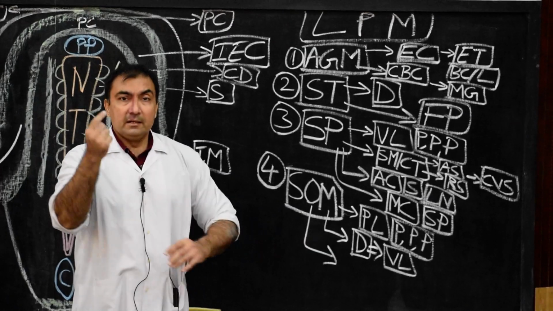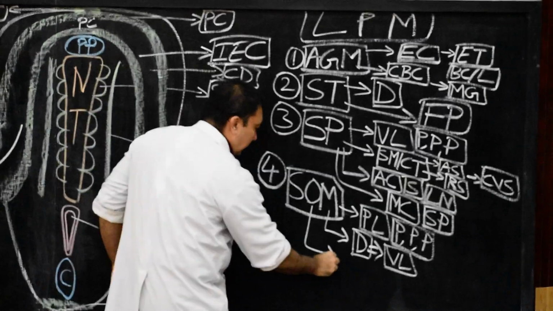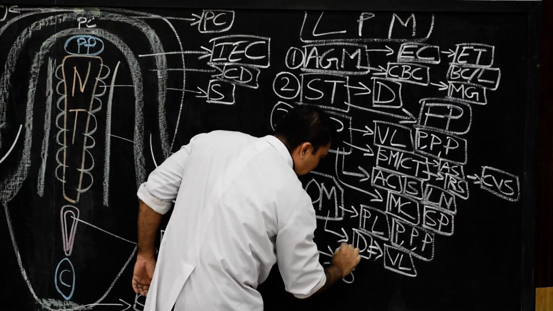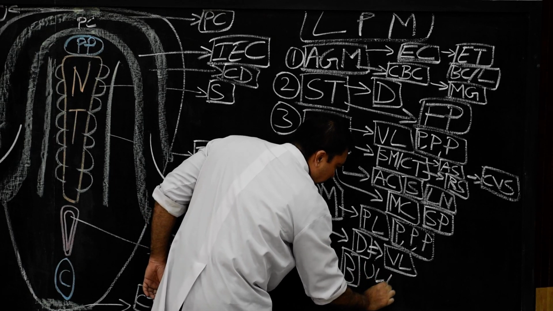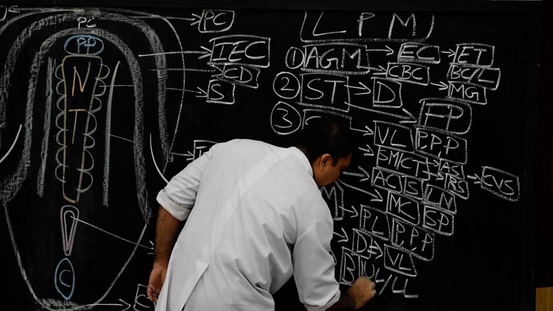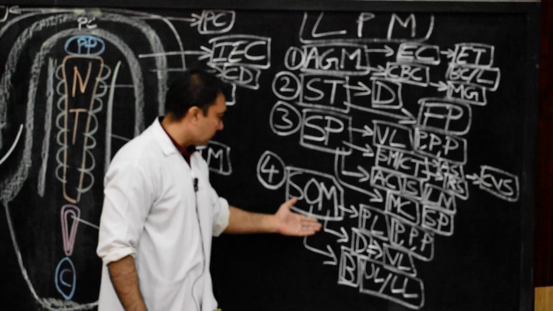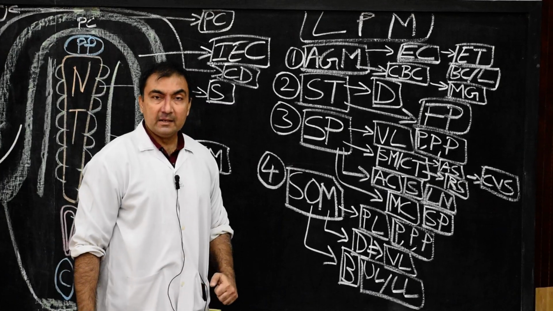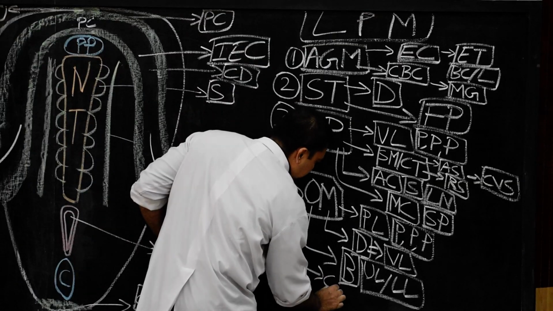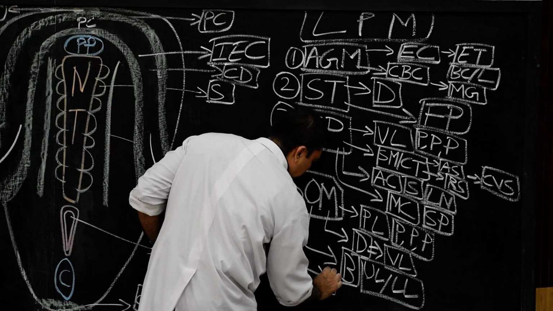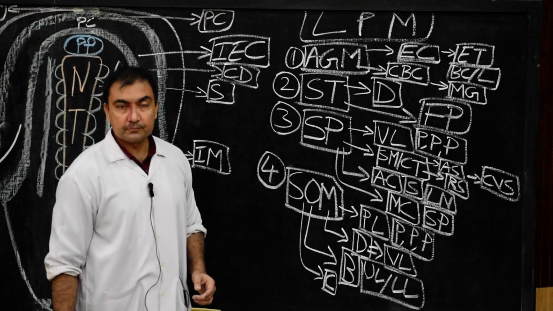And then comes the most important structure developed from the somatopleuric layer, and that is the development of the bones of the appendicular system. Development of the bones of which system? Upper limb, lower limb, appendicular system. The entire bones of the appendages, upper and lower limb, will develop from the somatopleuric layer. And along with that, there will be development of cartilages, specialized connective tissue.